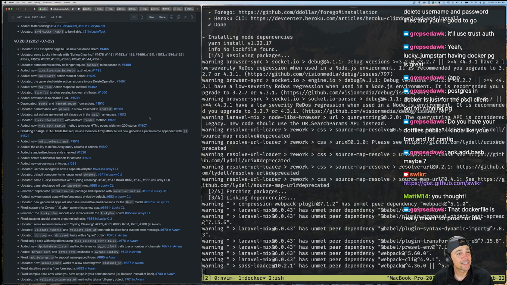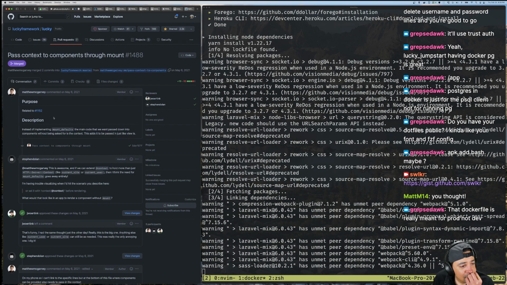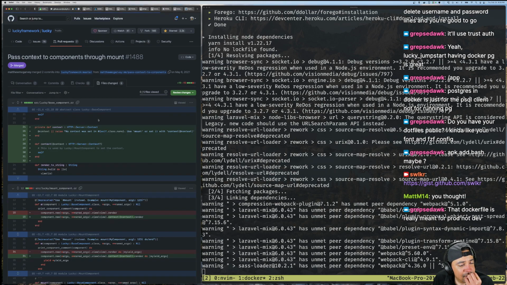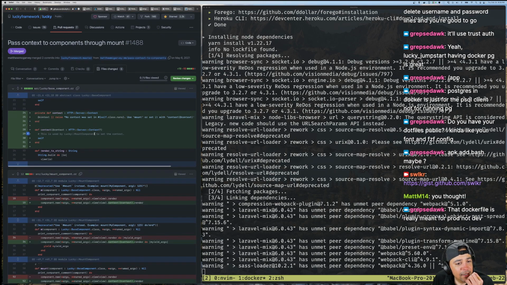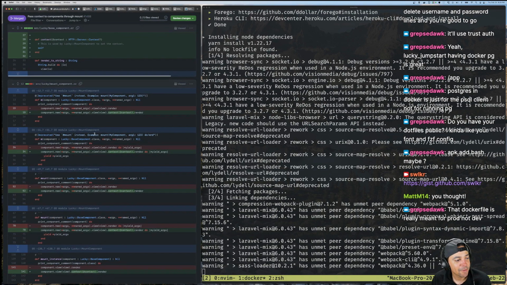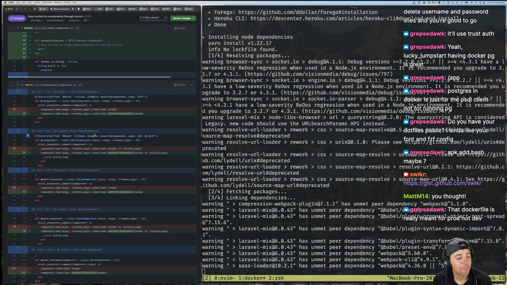Well, I guess I can go over this Lucky stuff. Let's see, components, so they no longer require context to be passed in. Mount defaults. If we can ask for its context. I'm learning the internals of Lucky as I'm thinking about learning Lucky. Context, mount component.